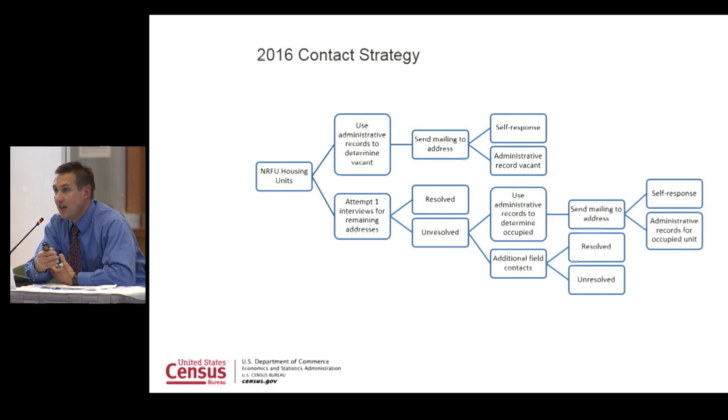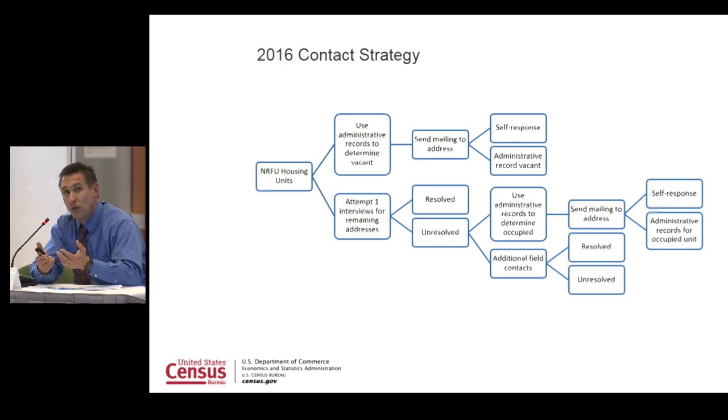For our administrative records occupied cases, after that 1 determination, we stopped. We looked to see whether we could use that information. While we did not send any more field work after that 1 visit, about a week later for those administrative record cases, we sent another postcard mailing, letting them know that they still had the opportunity to respond. So that's one of the things we were able to do in the 2016 census test related to our administrative record vacant and delete cases, and also our occupied cases.